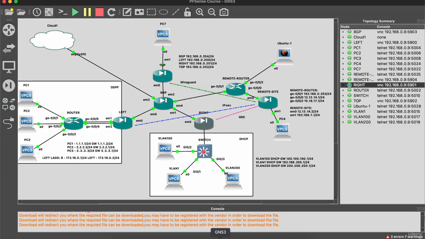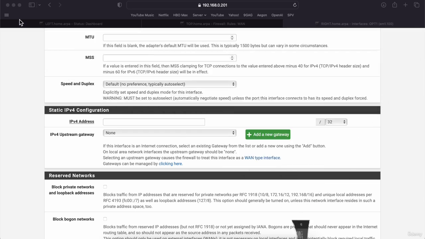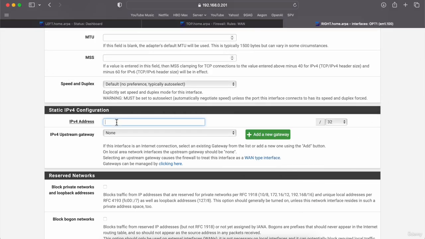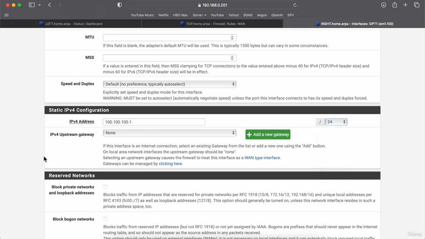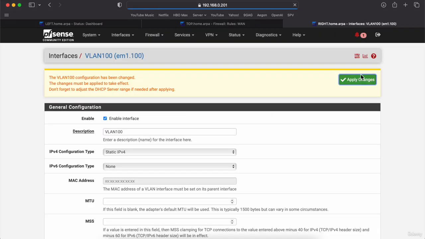For VLAN 100 we have the 100.100.100.1 IP address, and the subnet mask is /24. So I click save, apply changes,